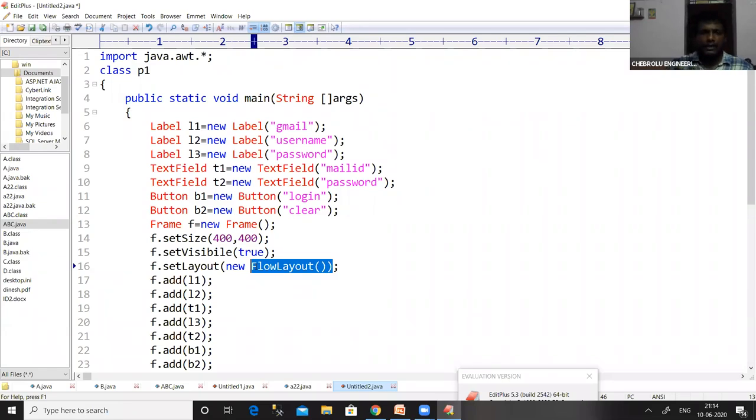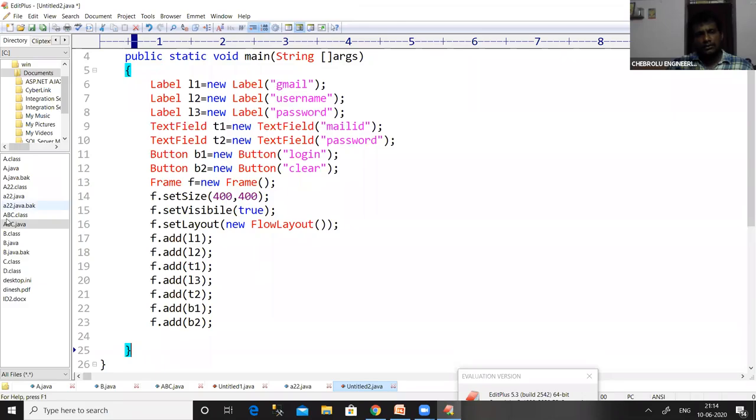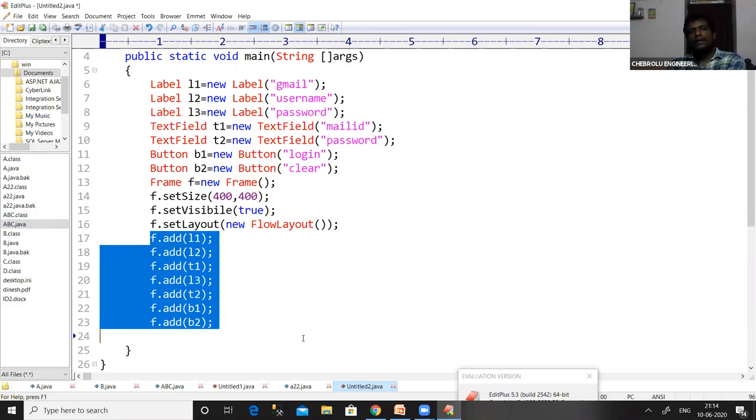So here let us have a close look at these things. Here I am adding L1, which specifies Gmail, and then I am adding L2, which specifies username, and then I am adding P1, which specifies a text field which contains the mail ID. Then I am adding L3 which contains password, and then I am adding T2 which contains the password, and then I am adding B1 which contains the name login on the button, and then I am adding B2 which contains clear on the button. So now